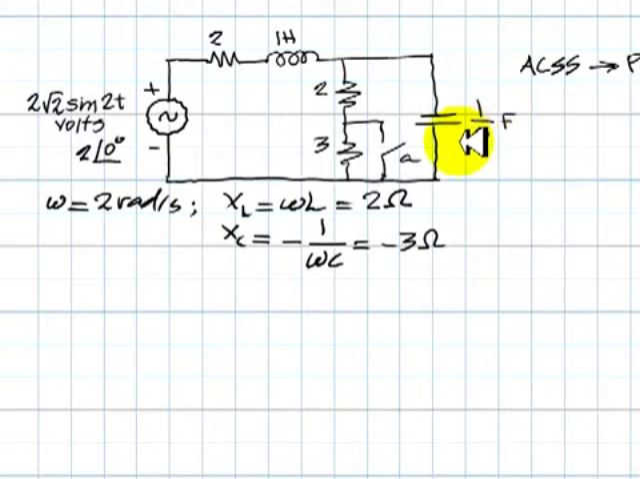Instead of this 1 Henry, we have its impedance, which is j2 ohms. Instead of the capacitor, we have its impedance, which is negative j3 ohms. Well, the question actually is, what is the voltage in the capacitor with this polarity, VC, for t